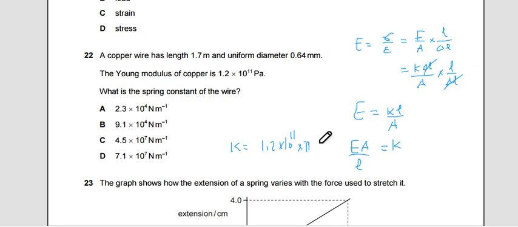E times pi d squared over 4, but we have to convert the diameter to meters because we have the unit in Pascal. So we have 0.00064 squared over 4, and in the denominator we have L, 1.7. We will find the answer to be,